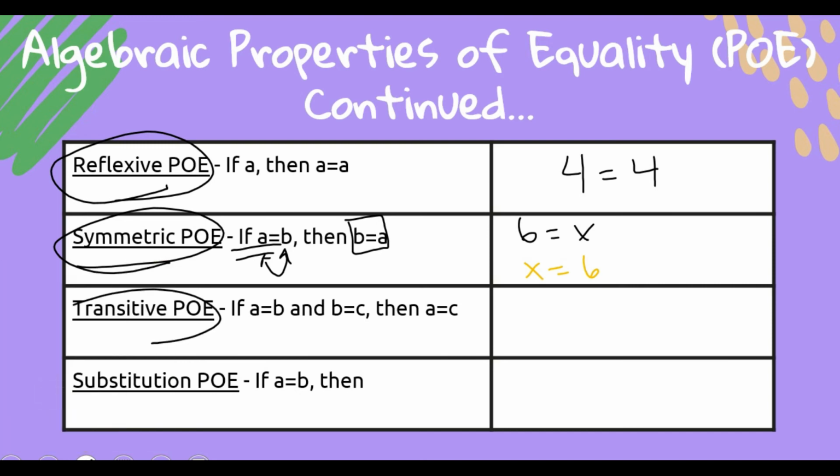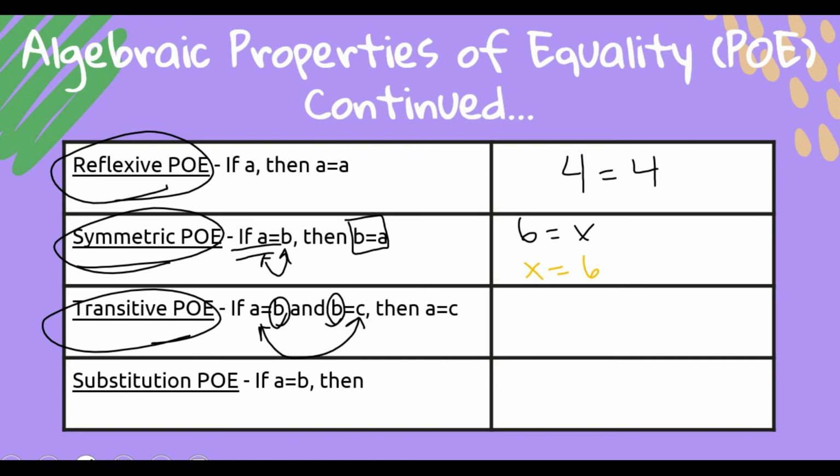called transitive property of equality, and this states that if A equals B and B equals C, then A equals C. So basically it's saying these three components or these three variables are all equivalent to each other. So we're just swapping them around. We're saying this is the same as this, so these guys have to be equal to each other. You're going to see transitive property of equality once we get to our geometry proofs, but right now